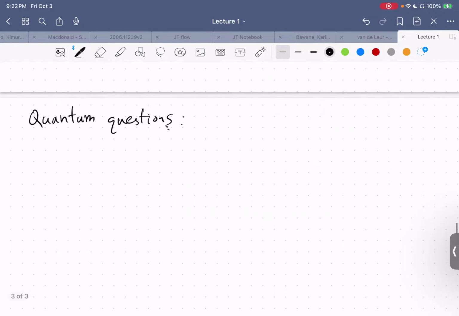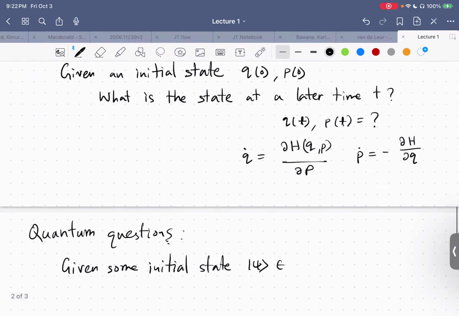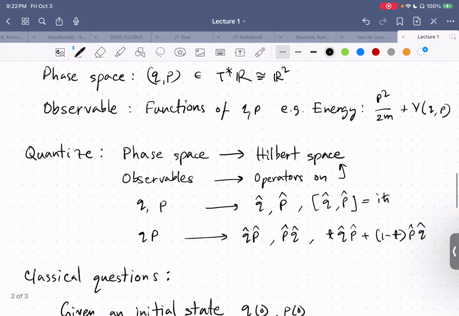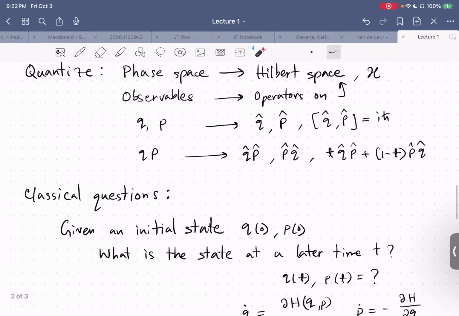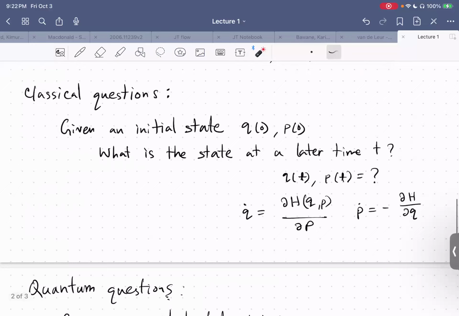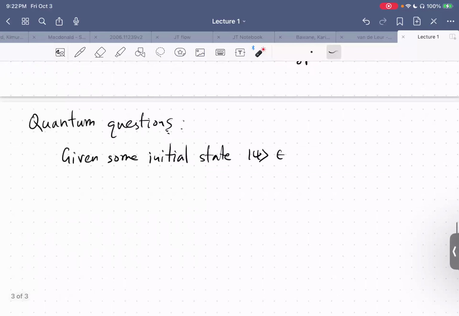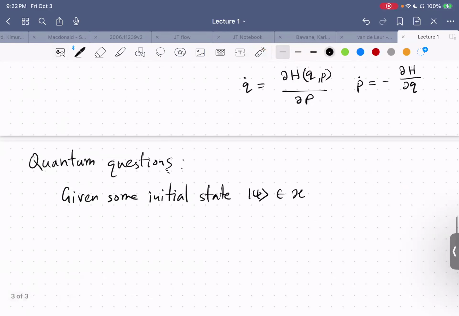It's very similar. So we want to say that given some initial state, and here a state is a vector in our Hilbert space. Let's give our Hilbert space a name. Let's call it H. Not to confuse with the other H. So I will try to write the Hilbert space as curly H, and this is normal H. So given some initial state, some vector in our Hilbert space,